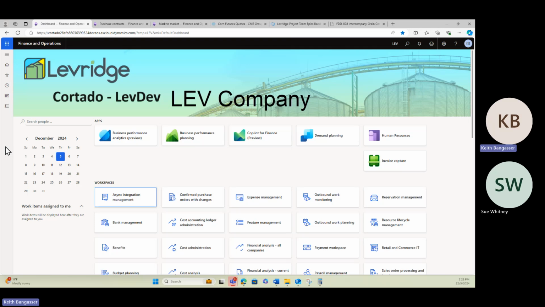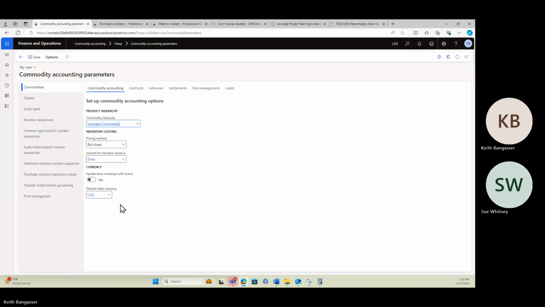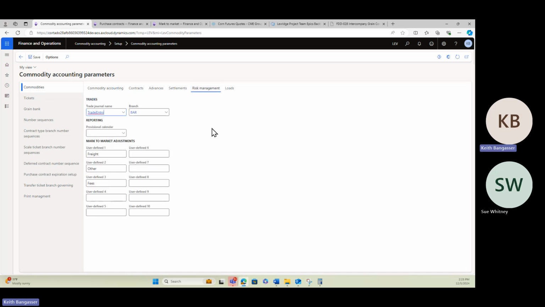New with 2024 R3, we allow up to 10. Let me show you how that works. First of all, we'll navigate to the setup. Under commodity accounting, we'll navigate to setup and commodity accounting parameters. Under parameters, we will navigate to the commodity tab and the risk management tab here. And you can see now the mark-to-market adjustments have been increased to where we can define up to 10